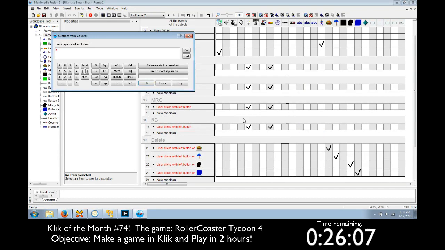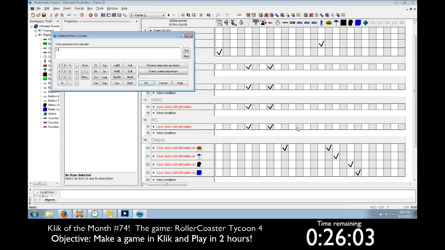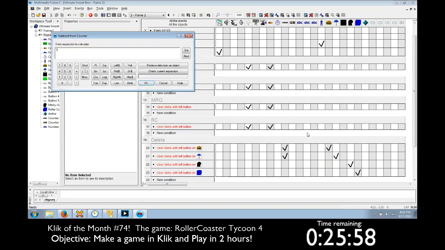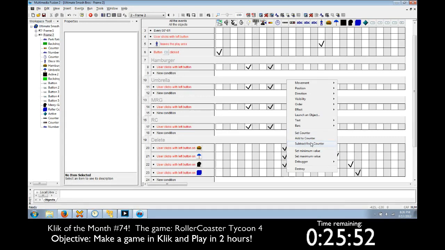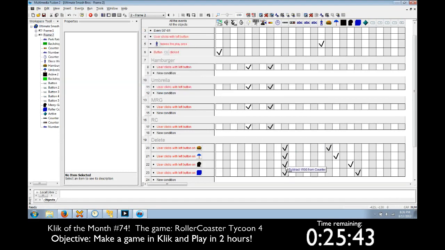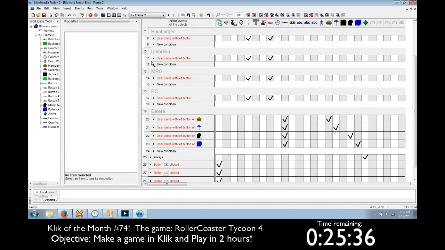Subtract from counter 500. Subtract from counter 300. Counter 1,500. And the coaster will be 5,000 for now. We can edit those values, but okay, so we have basically the whole setup of